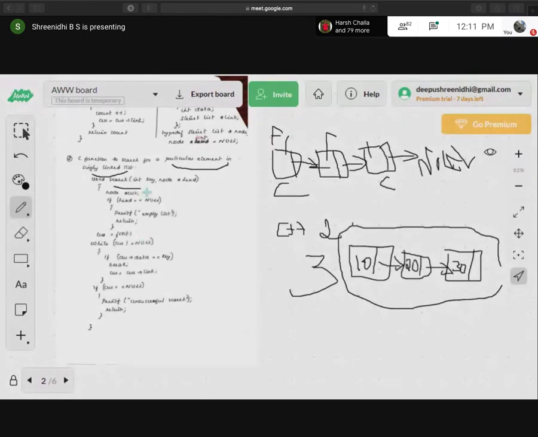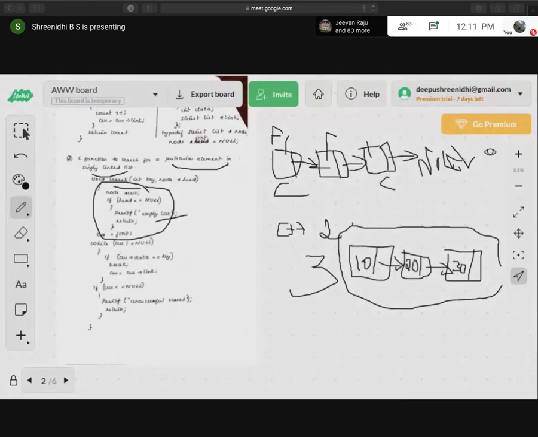For that purpose, one node variable is created. If the head of the list is equal to null, an empty list, like an underflow condition of a list, will be displayed. If the head is equal to null, we are going to print an empty list. If not,